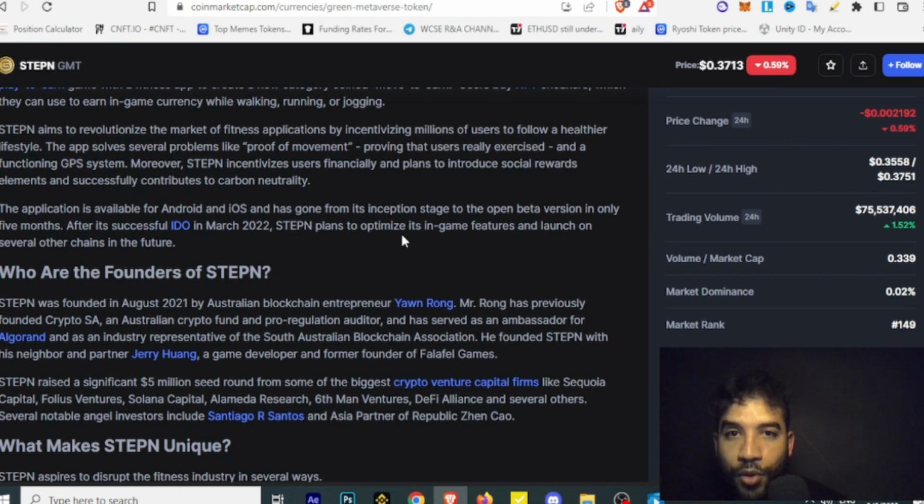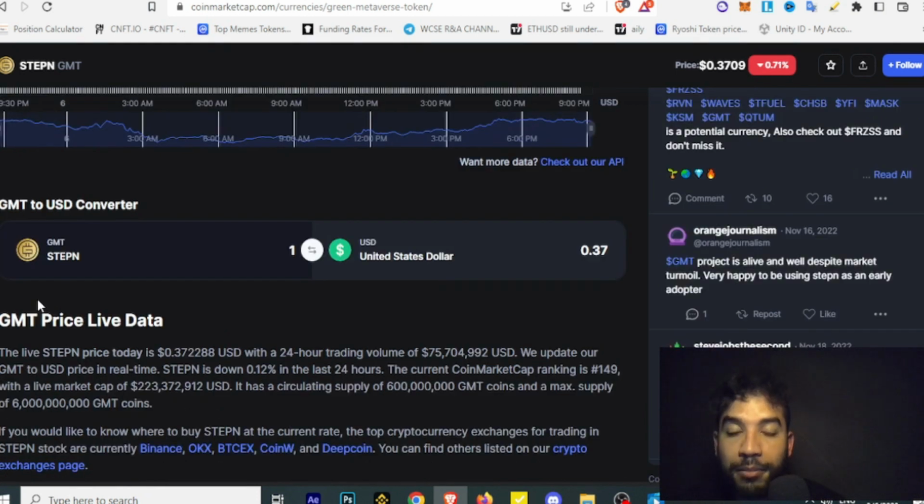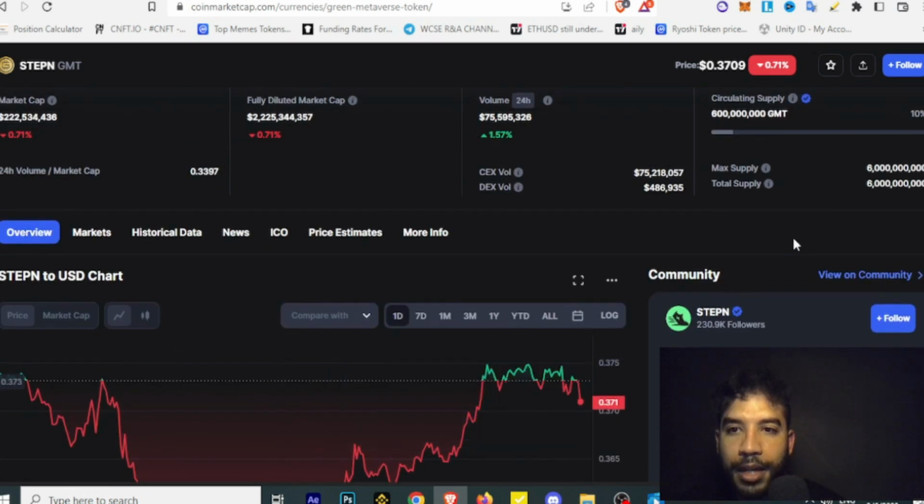Next thing we want to look for is the founders. If the founders are doxed, meaning we know who they are and their names are public, it's usually a good sign. So here we have the names of the founders. Now that we're convinced that this project is somewhat legit, we have a capped supply of 6 billion tokens